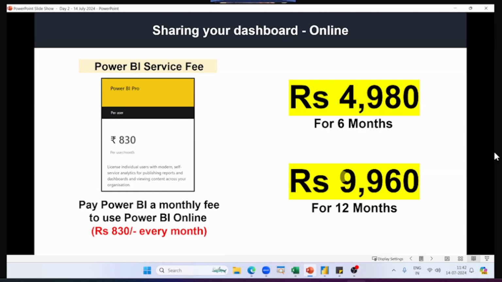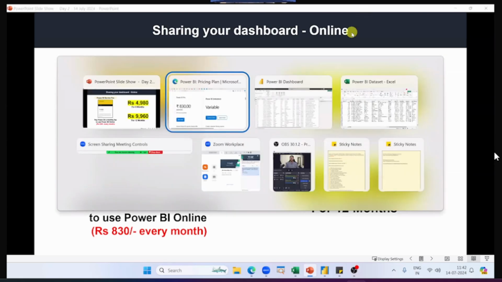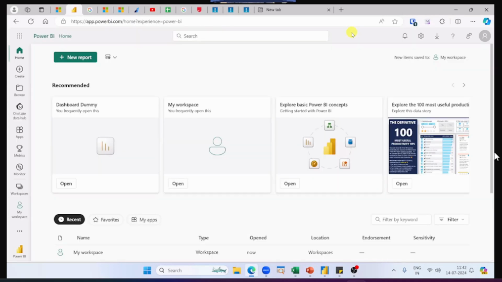So don't worry about that. I'll show you all of that. I'll give you all of that as well. Don't worry about that. All right. But for now, it is important for you to learn how Power BI service works. Okay. So let's go ahead and understand how Power BI service works. First of all,